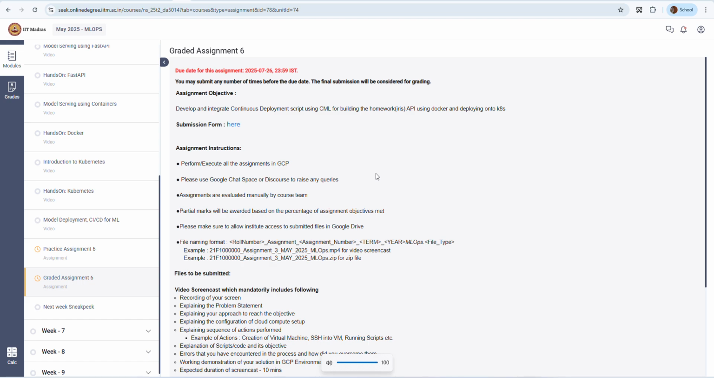Hello everyone, this is graded assignment 6. In this week, we have to develop and integrate a continuous deployment script using CML for building the homework Iris pipeline API using Docker and deploying it to Kubernetes. So first,